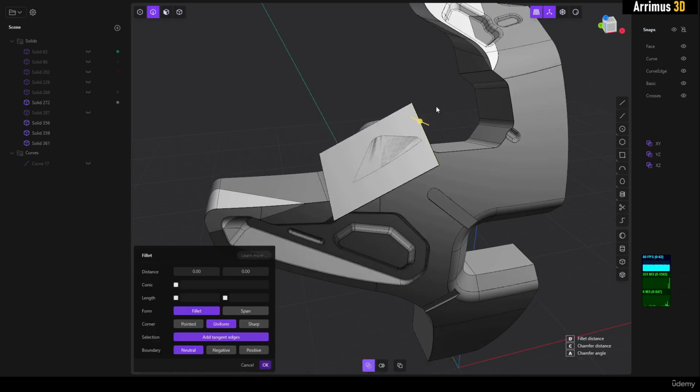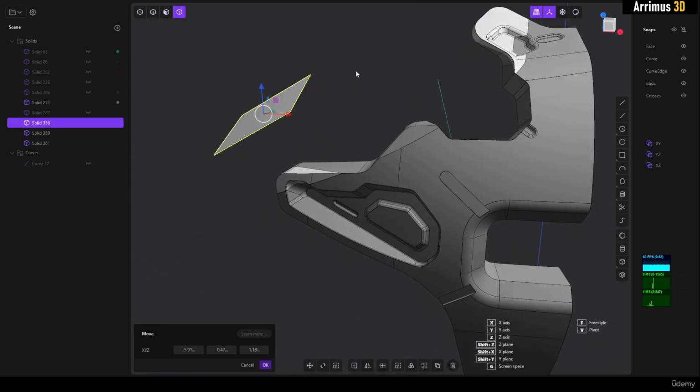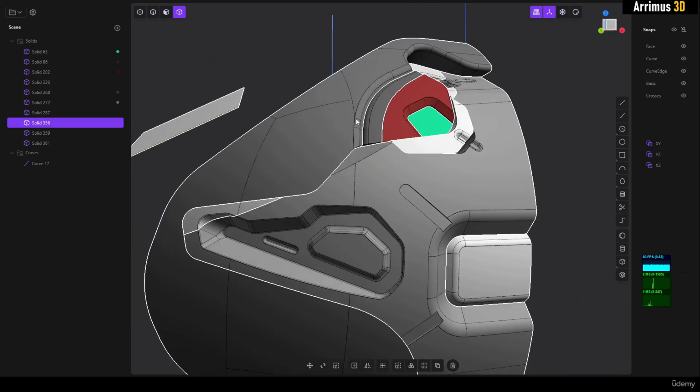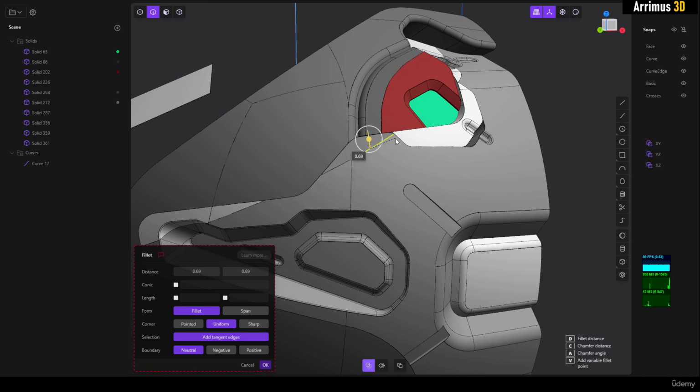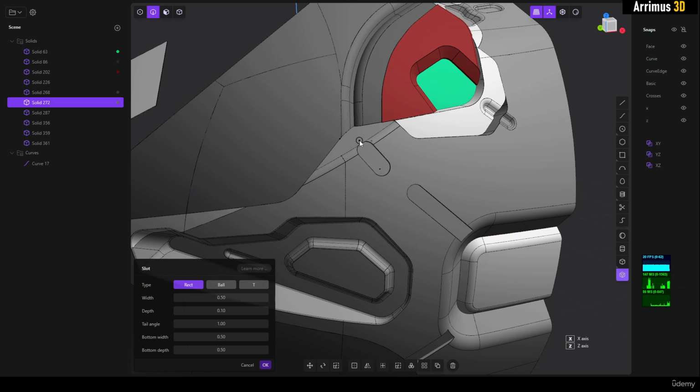We can save this face. As you can see, we just have this nice slice right here. Alt H, we can then select that, for example, and chamfer that or fillet that. So we can now add nice details to this as well.